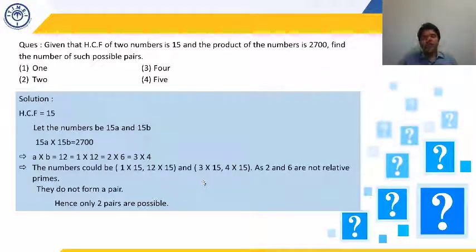Whatever we have discussed till now, we are going to continue in the next part from here. Next we are going to discuss the models of HCF and LCM. Now we have just discussed how to get the HCF and LCM of the given numbers. We have just covered that procedure. Now we will see the applications and models of HCF and LCM in the next part of this basics of numbers. Thank you.